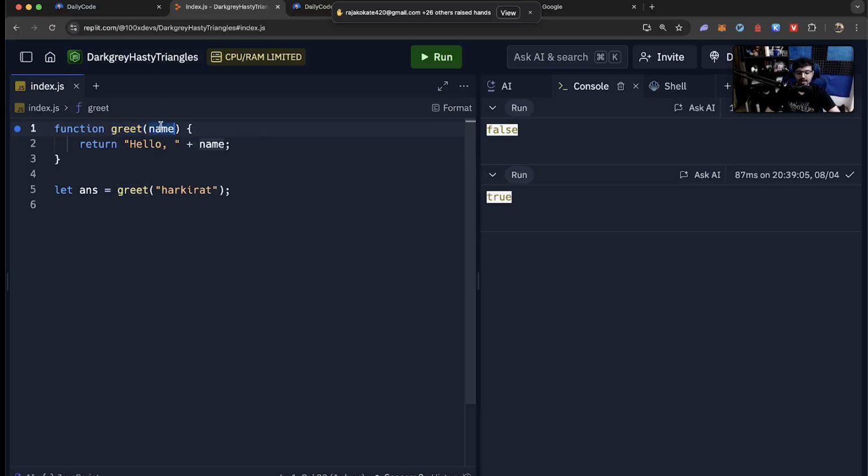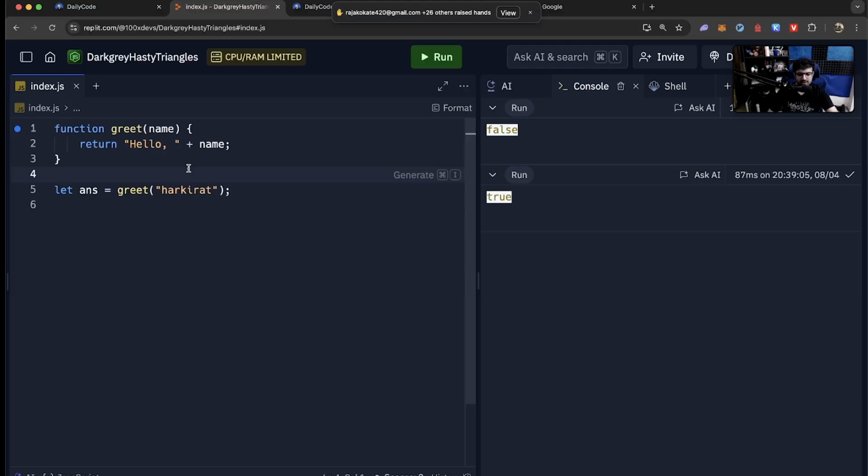And this is the inputs to Ramu Kaka. Okay, here you are supposed to get spices. Here is 20 rupees. So what is the input? In the real world, I give him 20 rupees so he can get me spices. In this case, I give it a name. Here you are supposed to greet a person. You are supposed to say hello to the person. So I give it the name of the person. Here Harkirat ko hello bolna hai. And what does the function do? It returns you another string with hello appended to the name. I repeat, it returns you hello Harkirat in this case.